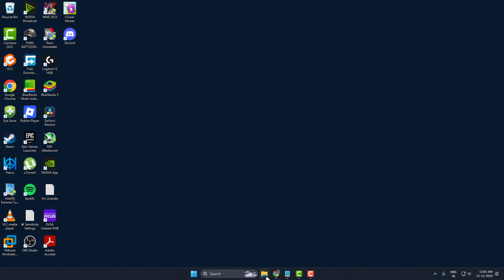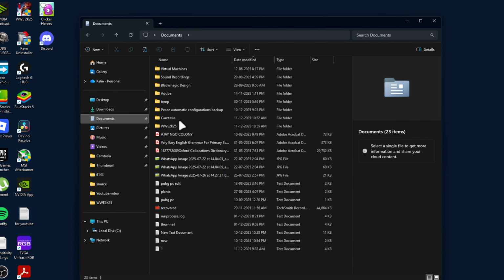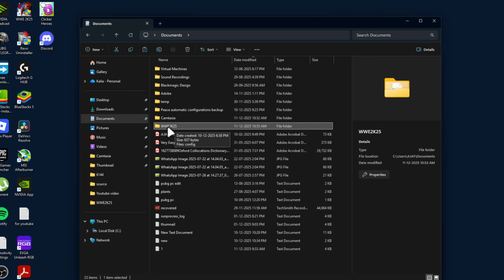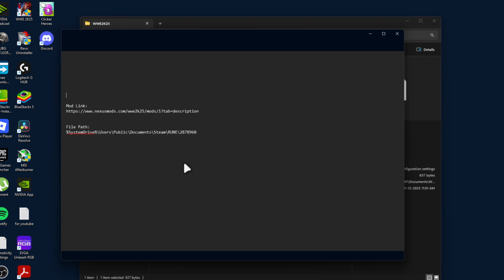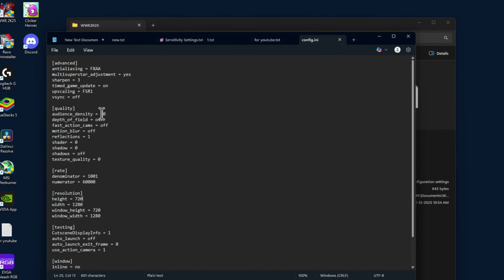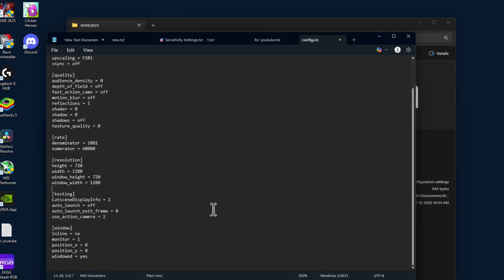Method 2, open up File Explorer and go to Documents. Open the WWE 2K25 folder, right click on Config and select Edit in Notepad. Audience density, set this to 0, and shadow, set this to 0. Texture quality, set to 0, and resolution, set this to height 720, width 1280, and just scroll down and you